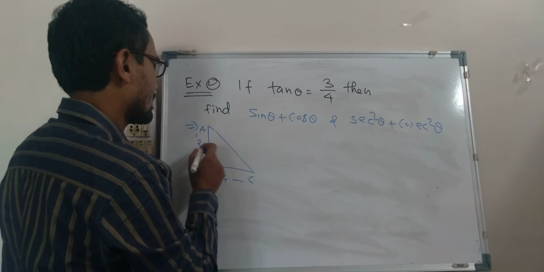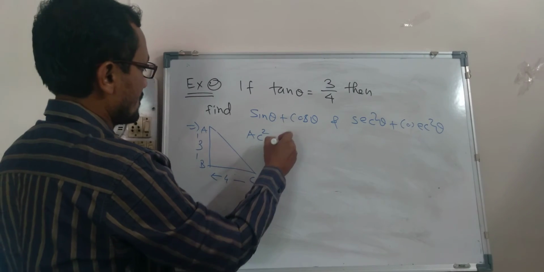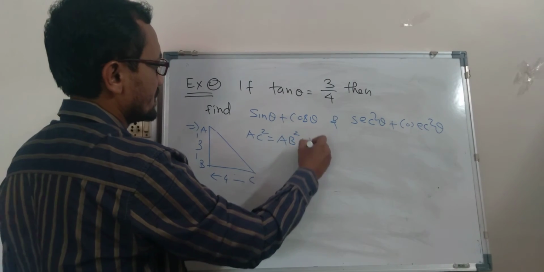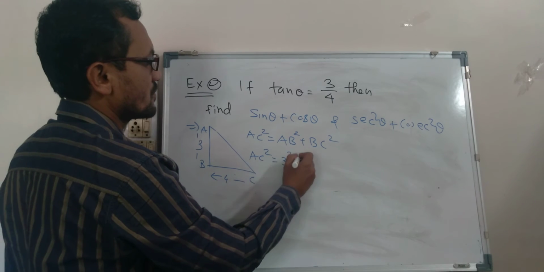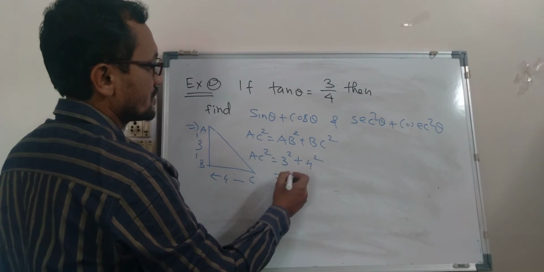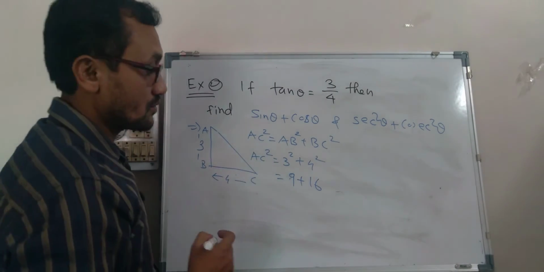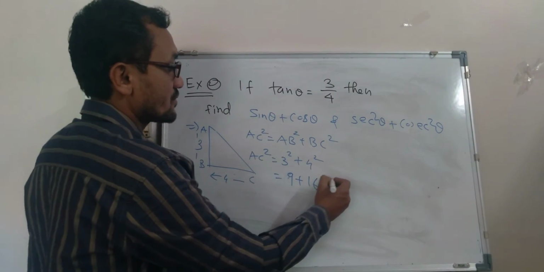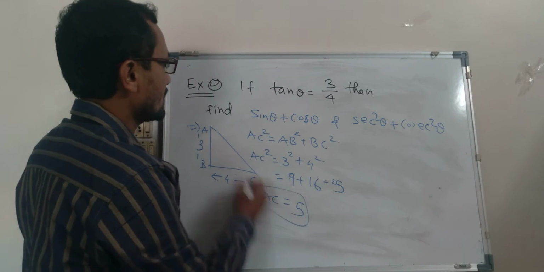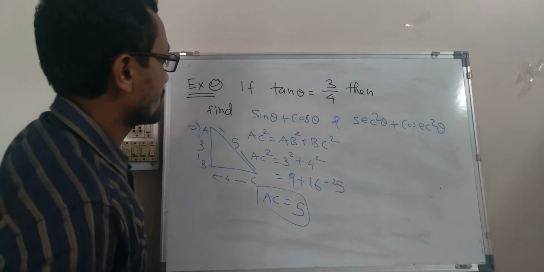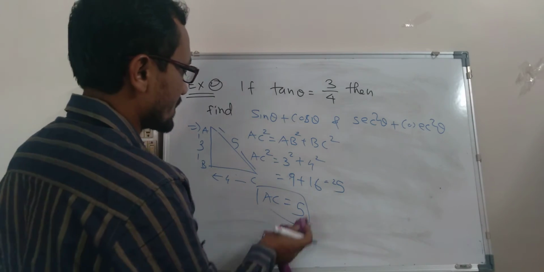So what is the Pythagoras theorem? AC square is equal to AB square plus BC square. Okay. So what is AC square? AC square is 3 square plus 4 square. So it is 9 plus 16. So what is 16 plus 9? It is 25. So what is your AC now? AC is 5. So we have all the sides of this triangle, and using this we will find out sin theta, cos theta